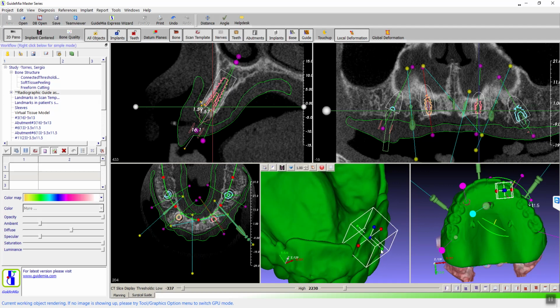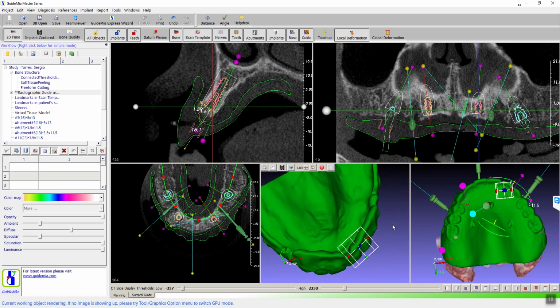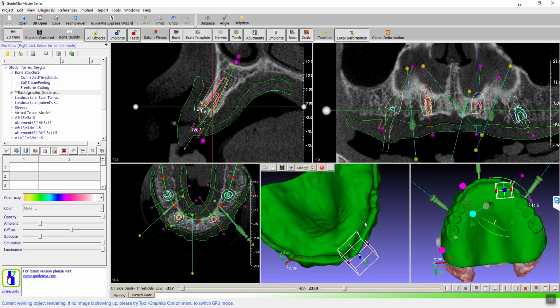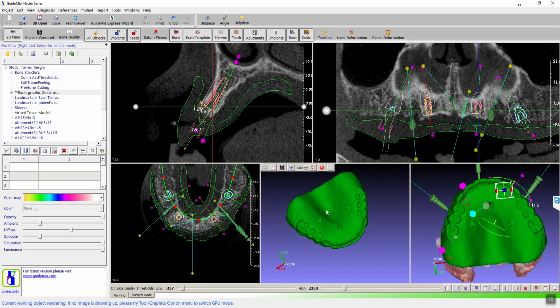So that's a little tool, but it is very helpful for actual production. You never know what kind of things you get from the doctors. They may or may not be familiar with the scanning protocol and the preparation of the cases. So this local deformation tool is helpful for adjusting the radiographic guide. So I'm going to click on that to finish. And then an additional thing for the radiographic guide for production sometimes